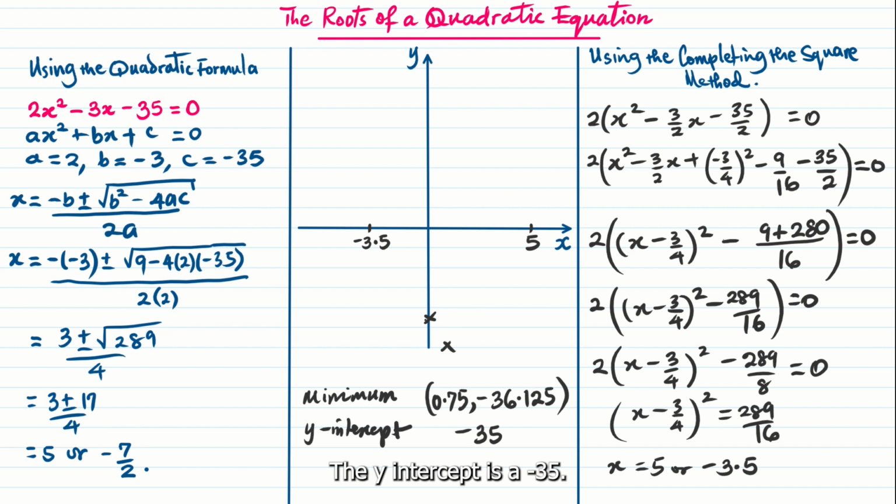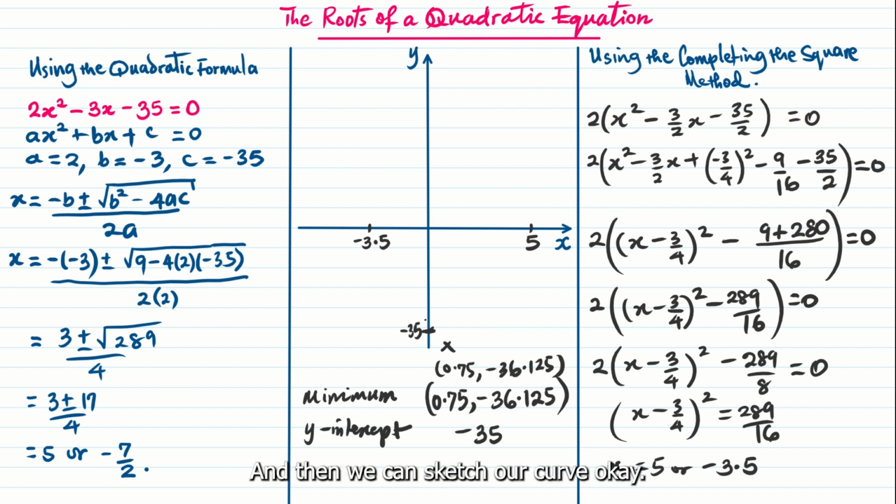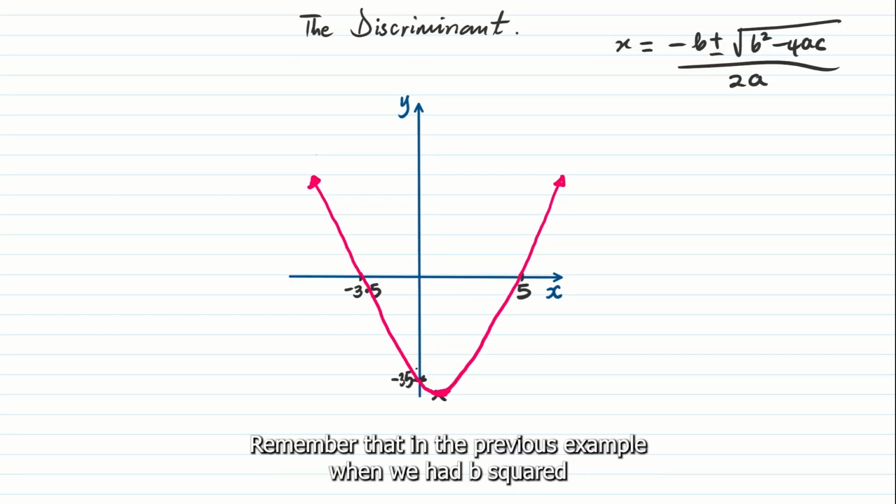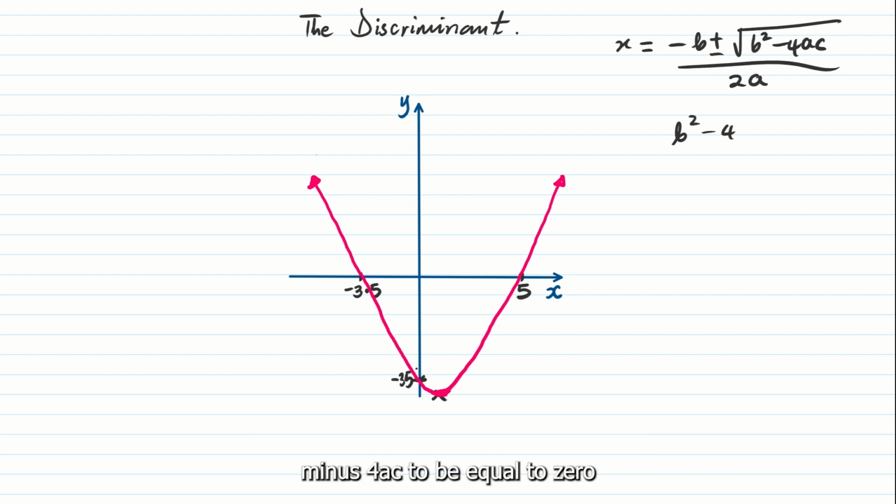The y-intercept is negative 35. So we could put that here if you like. That's negative 35. And then of course this will be the minimum, which will be negative 0.75 and negative 36.125. Okay, and then we can sketch our curve. Okay, and the curve is sketched. All right. Remember that in the previous example, when we had b squared minus 4ac equal to 0,